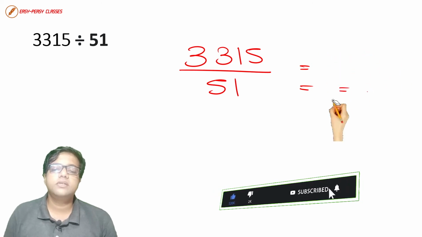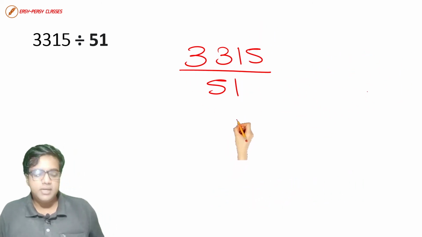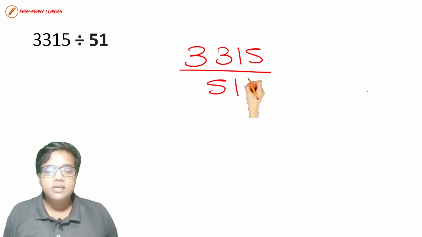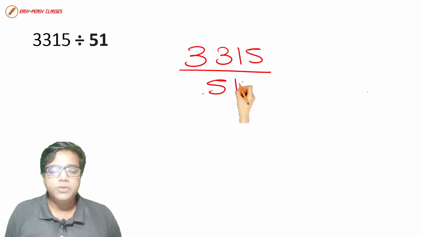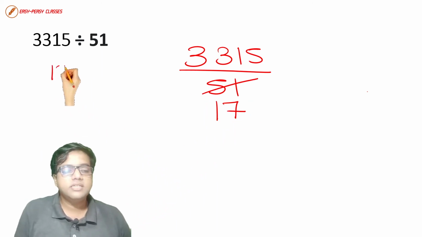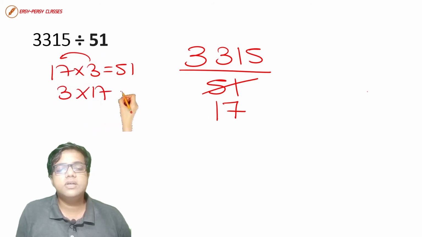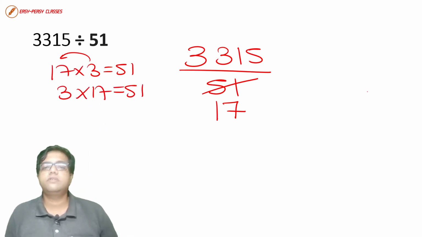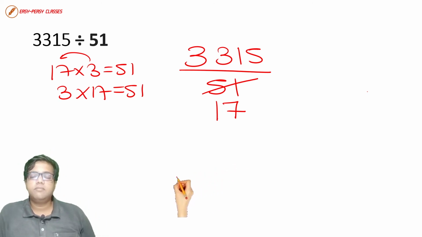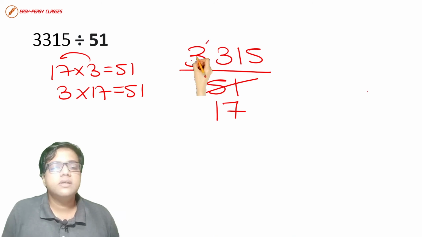That means both the numbers, the top part and the bottom part, are divisible by 3. So let's divide it by 3. You know that 3 17s is 51, because 17 3s is 51. By the commutative property, the product won't change by inversing the numbers in the multiplication, right? 3 17s is 51. Then 3 1s are 3, 3 1s are 3, and 15.